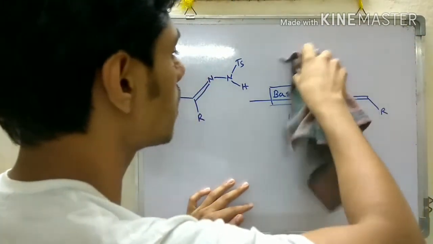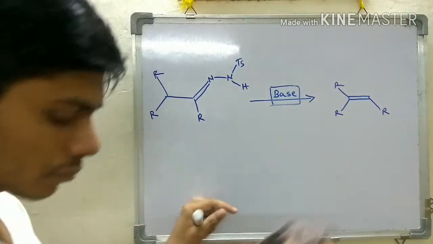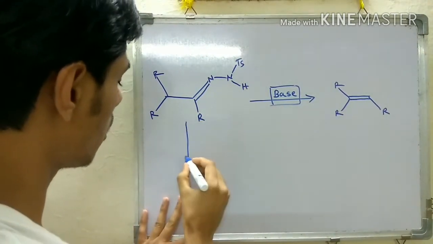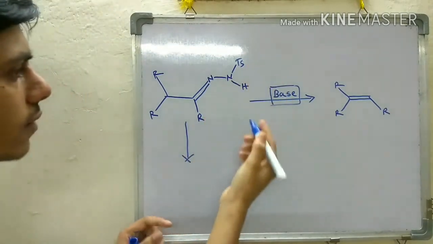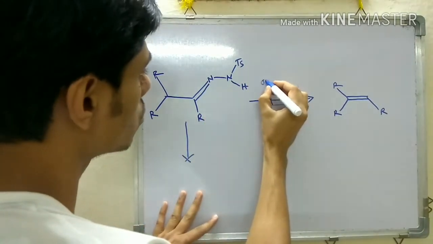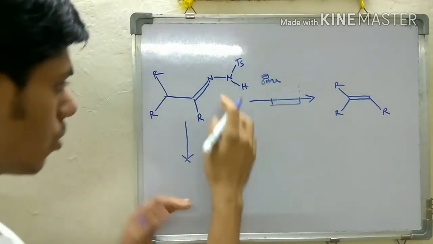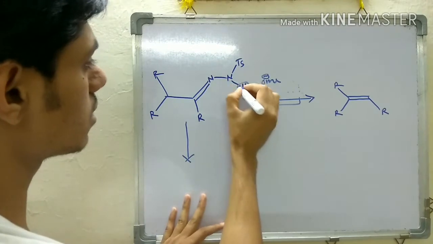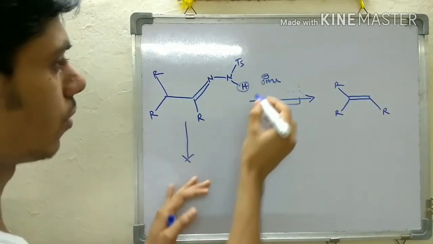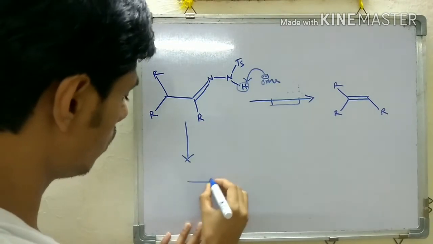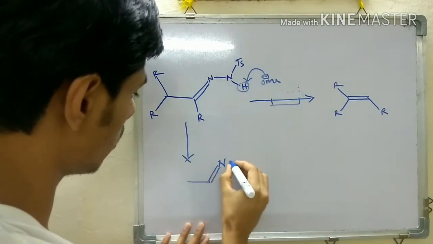So what is the mechanism of the Bamford-Stevens reaction? First of all, I will discuss the Bamford-Stevens reaction. Let's say this is your starting material and you use sodium methoxide base. In this molecule, the most acidic hydrogen is this one, because it is directly linked to a heteroatom, and that's why the base will take this hydrogen, and you will be left with this